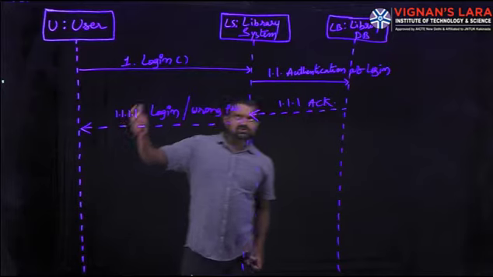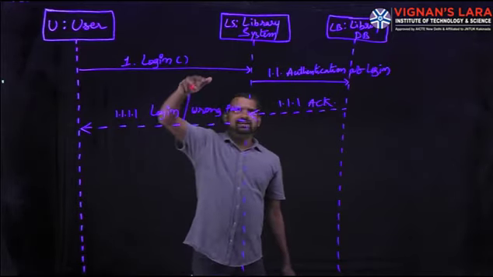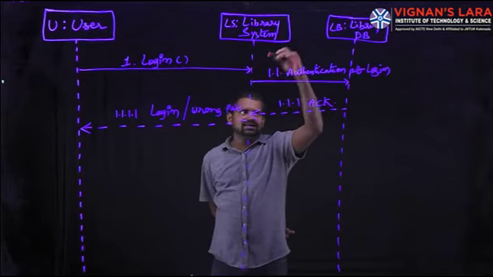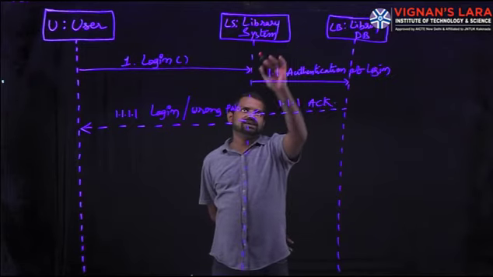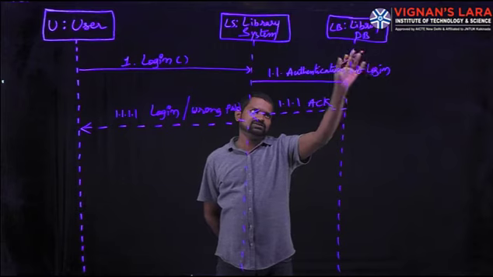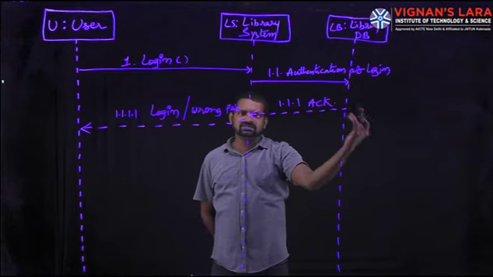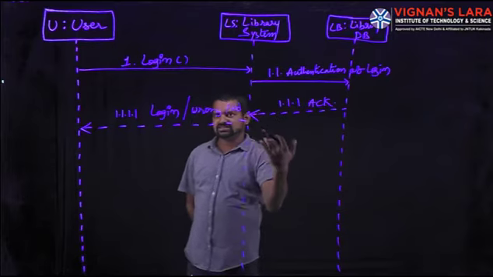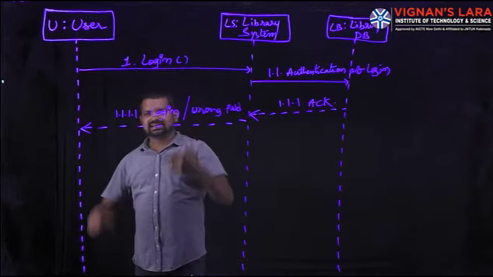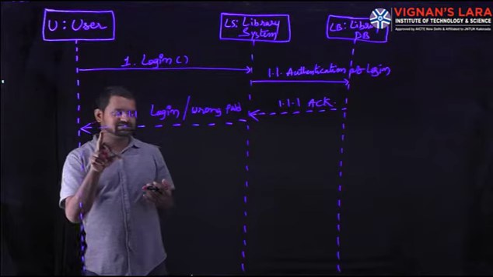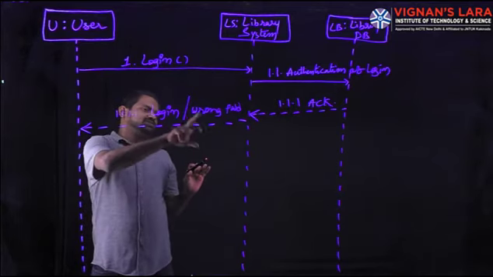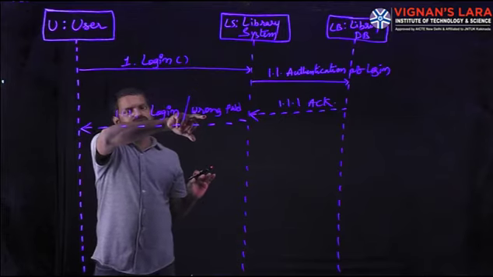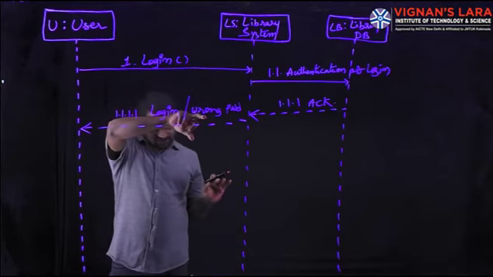User goes to login into the library system. After that login, authentication is required from the library system to library database. After that library database, acknowledge will display. Acknowledgement will give the library system yes. If login is correctly entered with the password, that login is completed. So if the login password is wrong, then it will display the wrong password. And next,